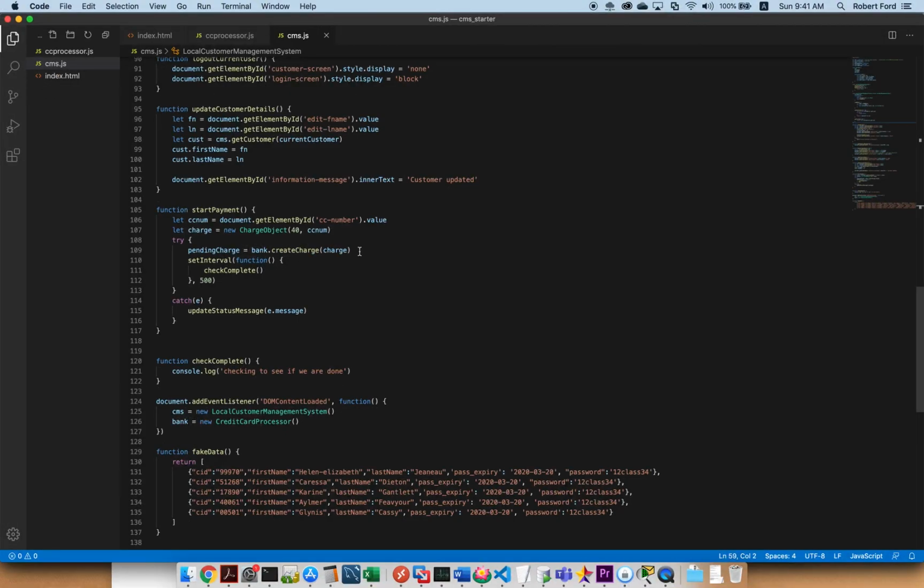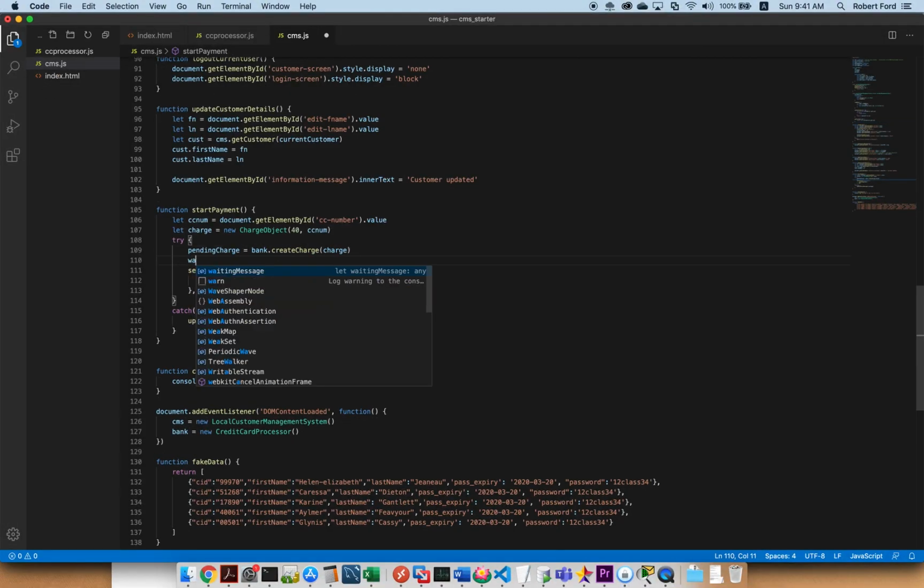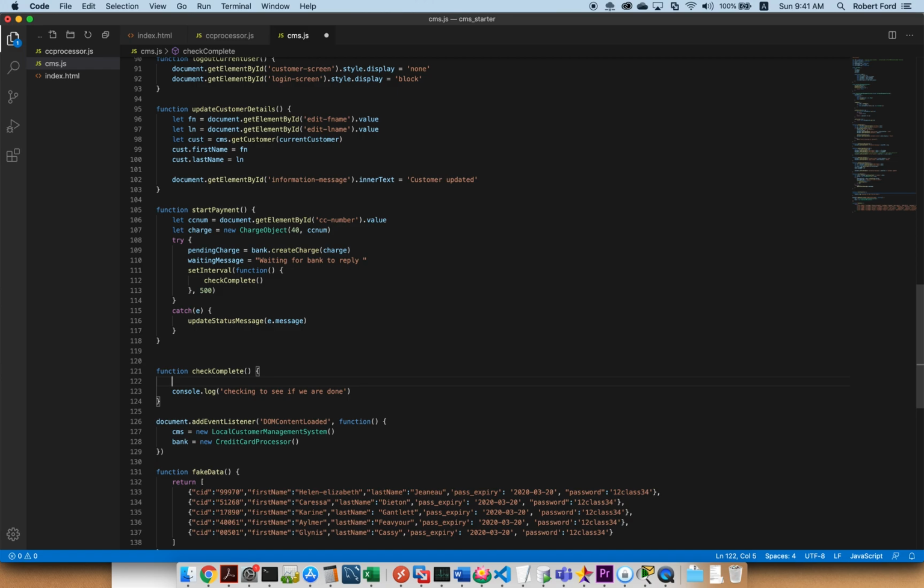So before I start calling, I'm going to say that the waiting message is "waiting for bank to reply." Okay, and I'm not going to have any dots, but I'll leave a space. What I'm going to do in here is every time that I call this check complete, I'm going to take the thing called waiting message